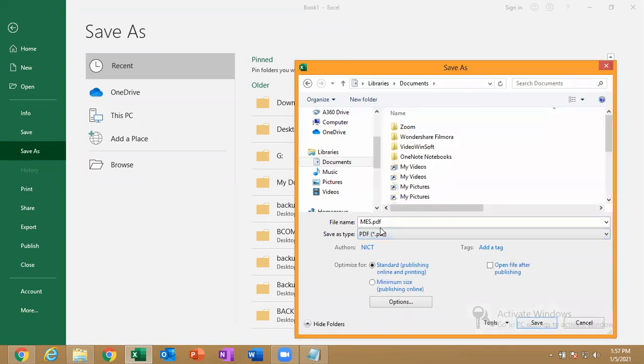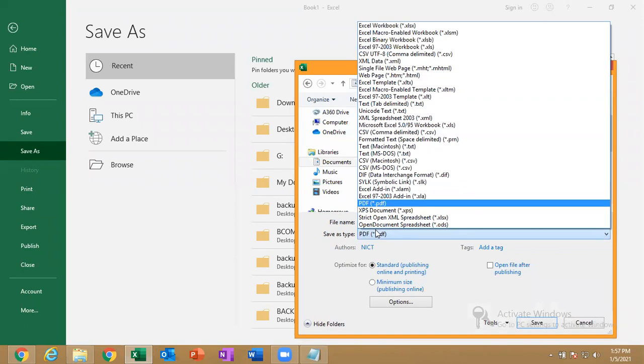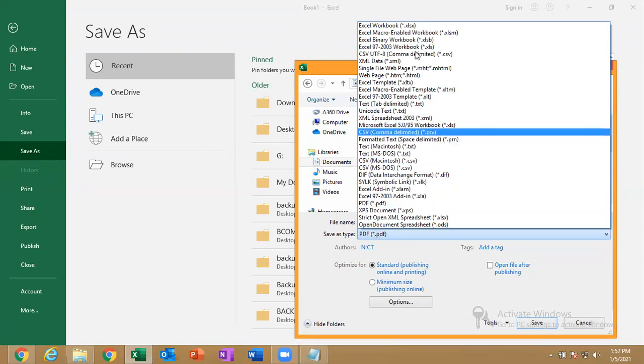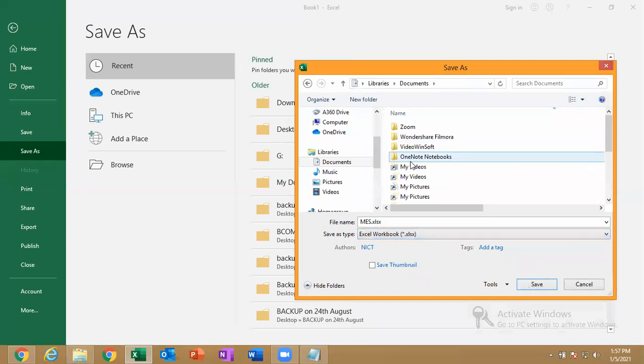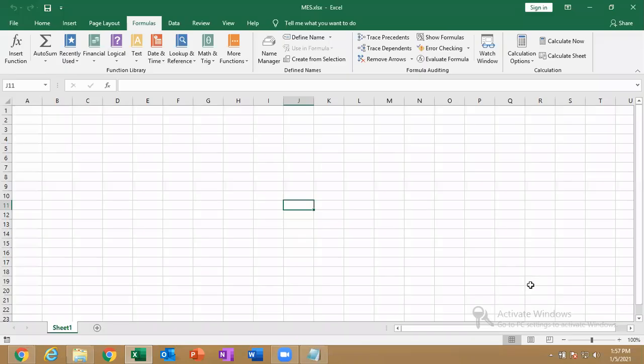Like how we convert video into audio, here also our Excel file can be converted into PDF or an old Excel file. And I'm going to save that particular file in the Documents. Can anyone tell me where the Documents folder is? I have saved the files in Documents. So can anyone tell me where the Documents folder is?